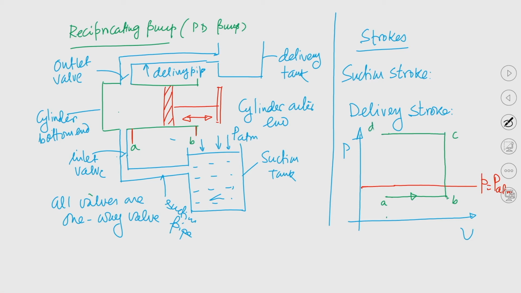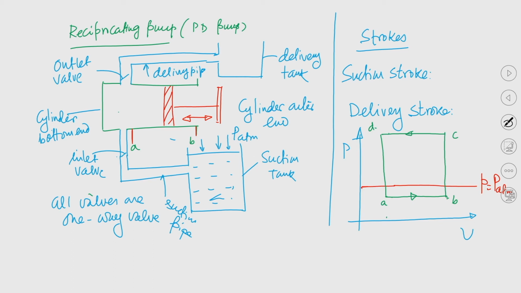So, say this is point D. So, C to D, up to D, that means the end of the delivery stroke, when the piston has reached point A. That is point D, the end of the delivery stroke. Now, when the piston has reached point A at the end of the delivery stroke, pressure will definitely fall and the cycle will be completed. So, this is the pressure-volume diagram: the pressure inside the cylinder against the volume of the liquid.